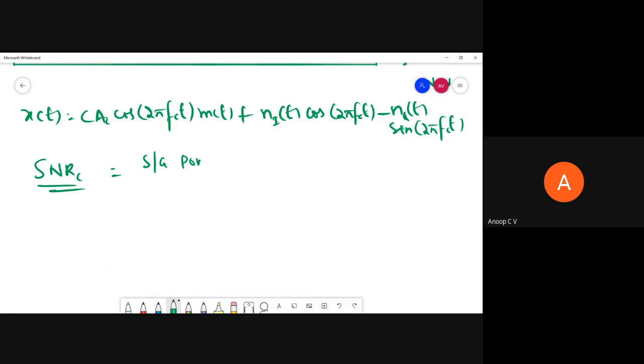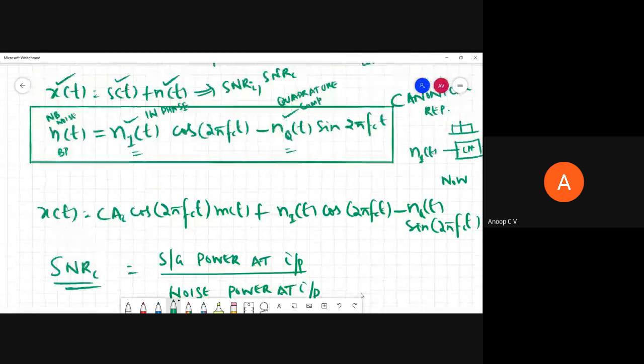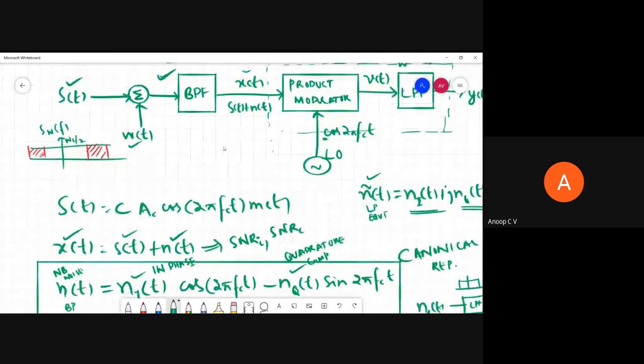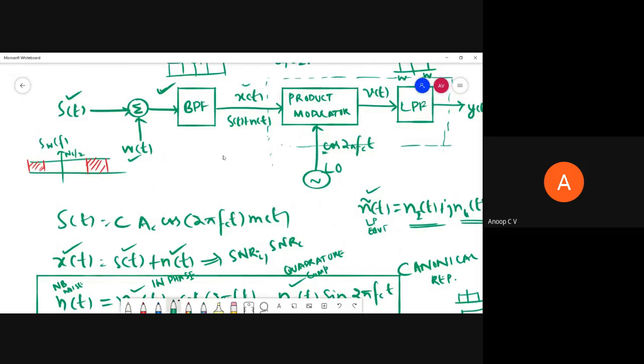signal power at input divided by noise power at input. So when I say input, it can be before the band pass filter or even after the band pass filter. But if you are taking it before the band pass filter, you don't have to consider the entire noise power for all frequencies. You have to consider only the range of frequencies which are of our interest. So